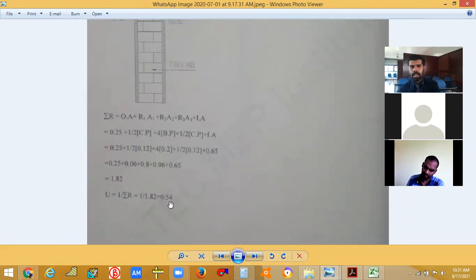Okay. And according to the materials that you are given, you can find out the answer. Usually it will be given by the architect, or if you get the material, you could easily find out the answer. Okay. So this is the way that you will be finding out the U factor. Okay. Now